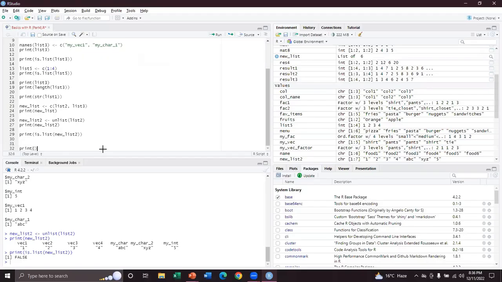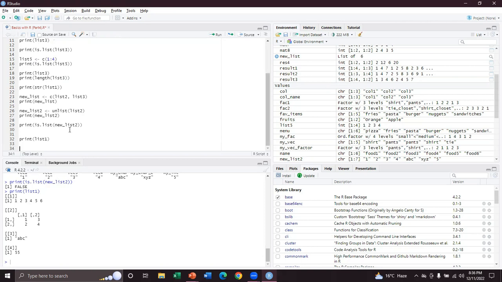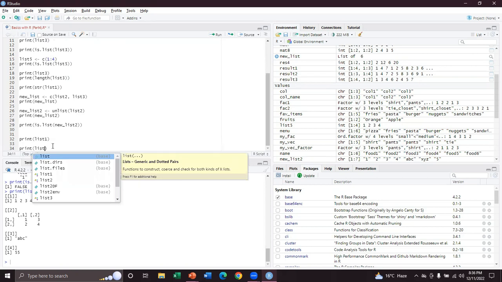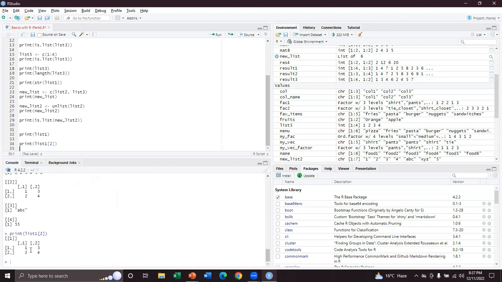You know that at first I had created a list one. Okay, list one had 4 components. Now let's say I want to assess the second element or component of list one, which is a matrix. All right, I want to assess the second element, which should be 1, 2, 3, and 4, a matrix. Here you can see,